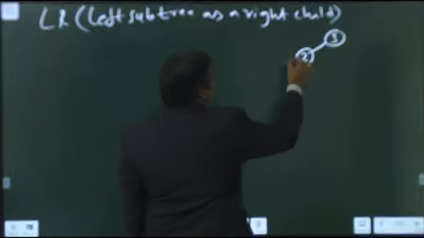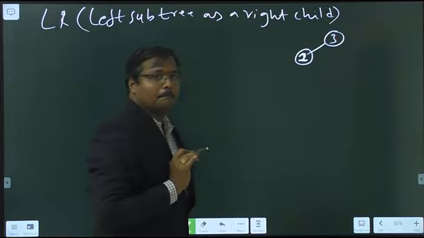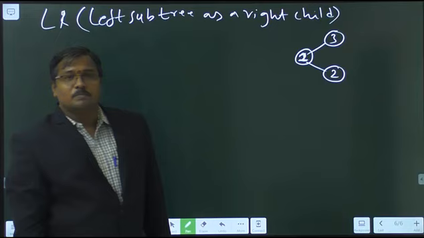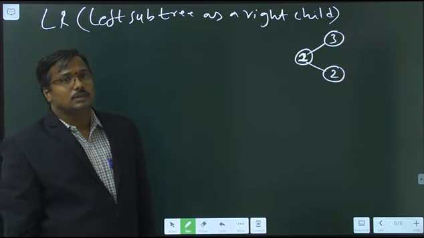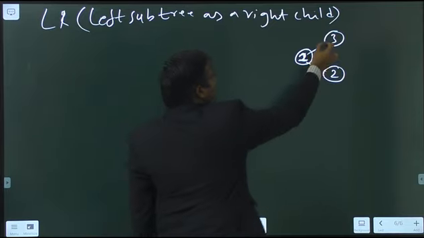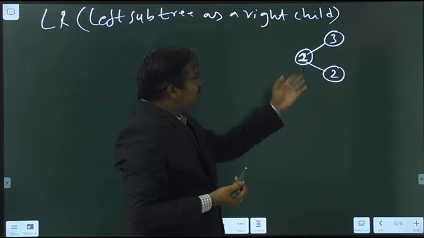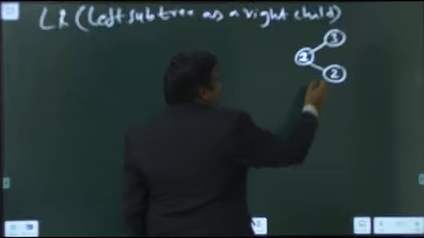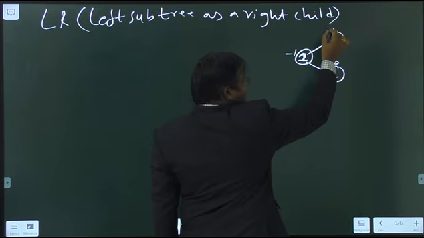Here, this is 1, and this is 2. A small change. It's a binary search tree: comparing 3 and 1, 1 is less; comparing 1 and 2, 2 is greater; comparing 3 and 2, 2 is less. So it's a binary search tree. We need to compute the balance factors. Here it is 0, here the balance factor is minus 1, and here the balance factor is